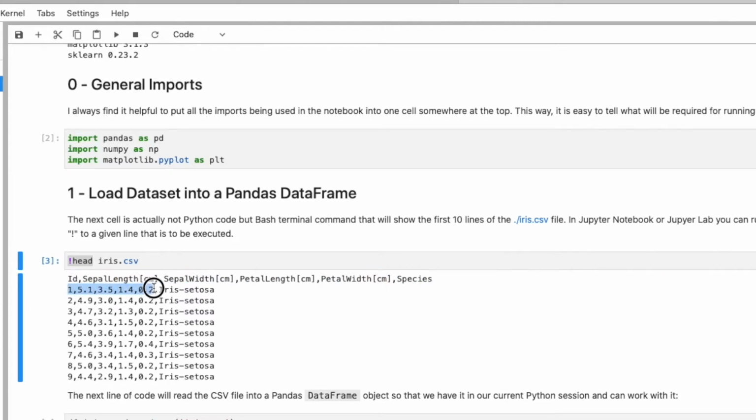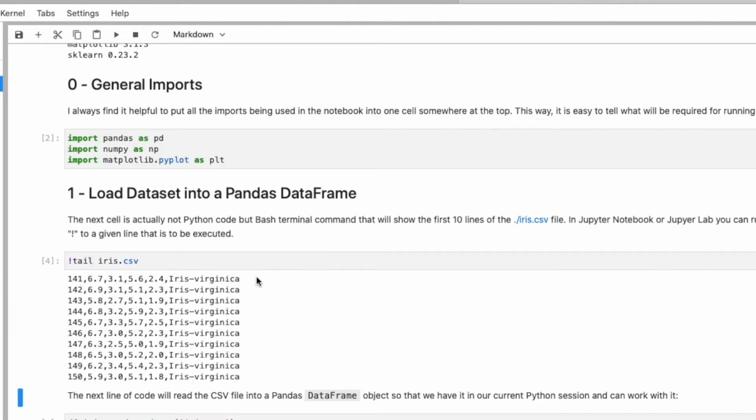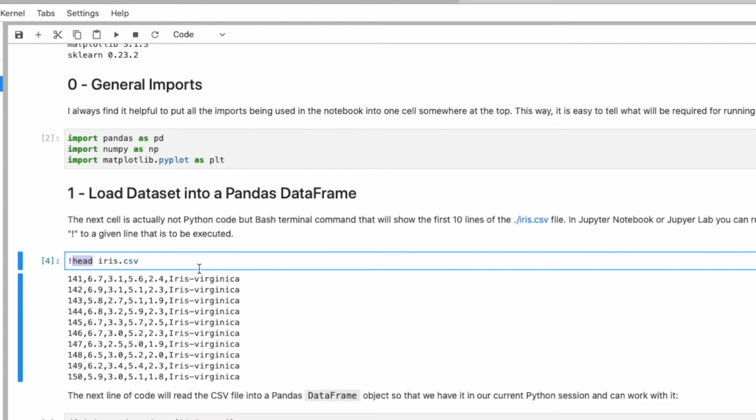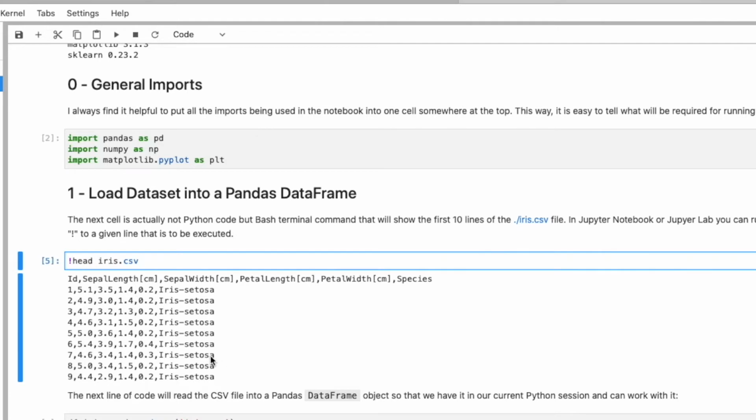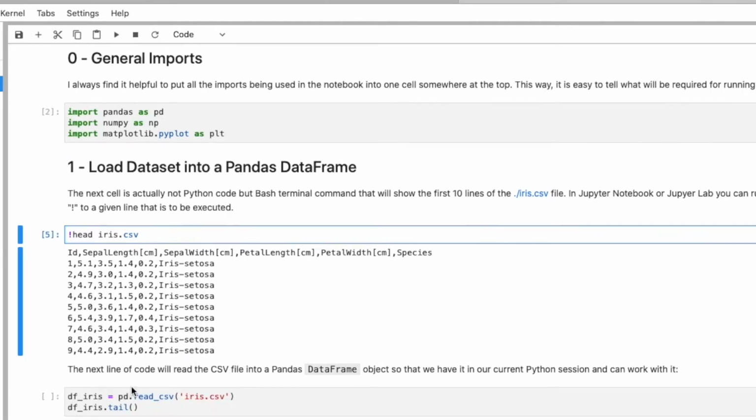These 4 values here, separated by a comma, are the features, and the last column is the class label. If I do tail, there's also a tail. It shows me the bottom of this data set. So here we have Virginica, and in general we have 50 Setosa flowers, 50 versicolor flowers, and after that 50 Virginica flowers.